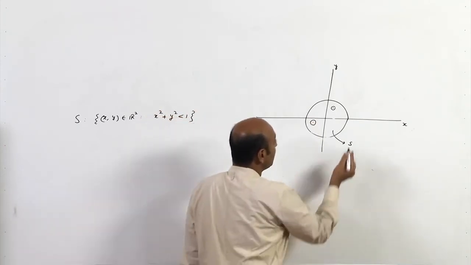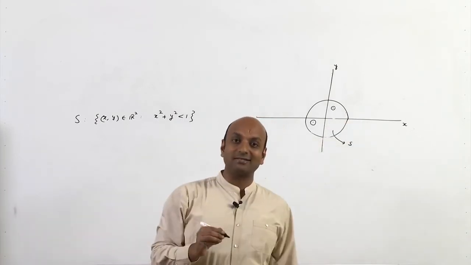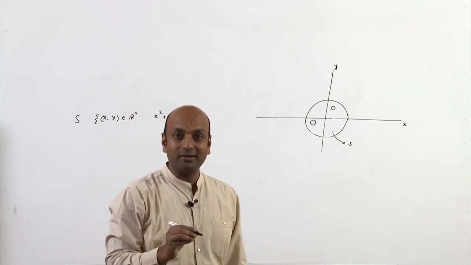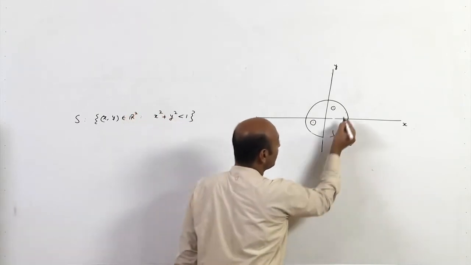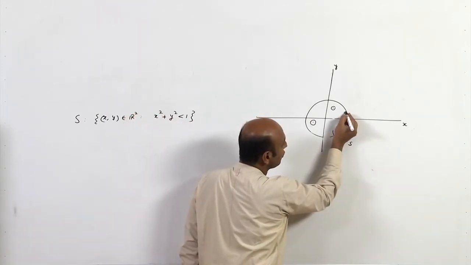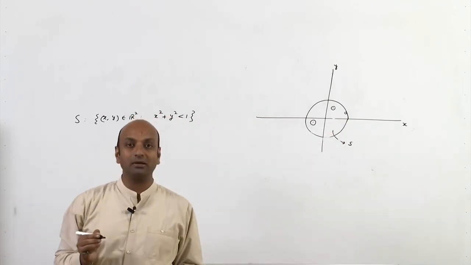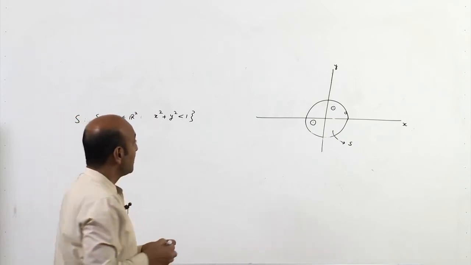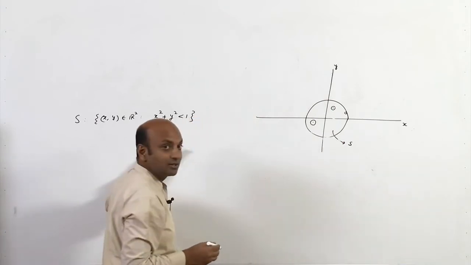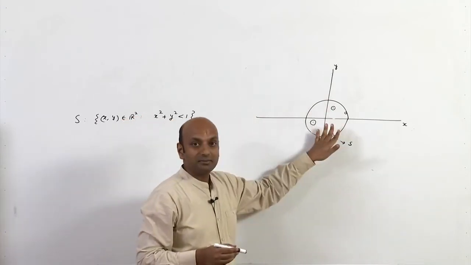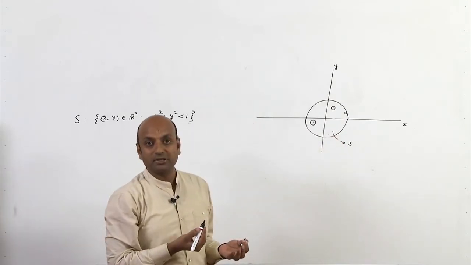If you take a point very close to the boundary, still there will exist a disk centered at this point. The radius may be very small, but there will always exist a disk centered at this point such that the disk lies totally inside this region. So, this point is also an interior point. That means all the points this region has are interior points. You take any point, all the points are interior points.